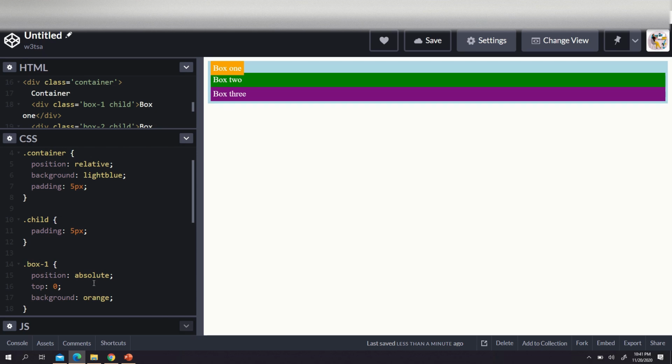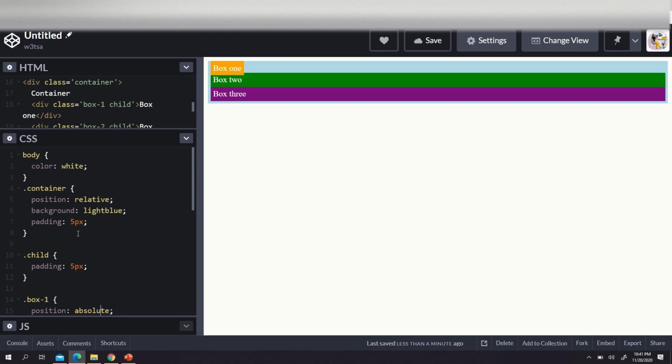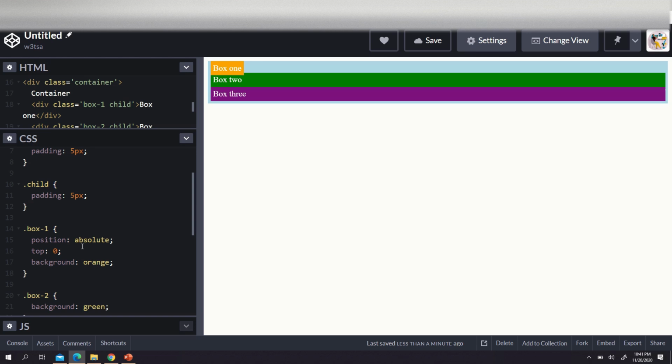So if you want to position something absolutely within a box, within a container, then just have a position relative on the container, and then you can change the position to absolute on box one. And I can actually do a lot of stuff. I can actually do here, let's say right is also 0. If I do this, you can see that now box one is on the top right, because top is 0 and right is 0,